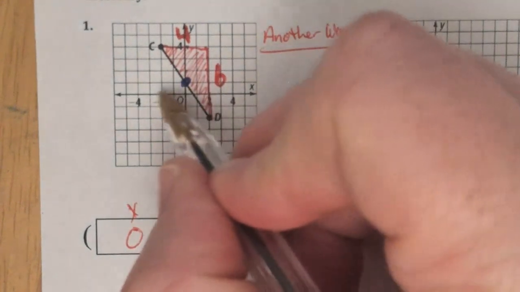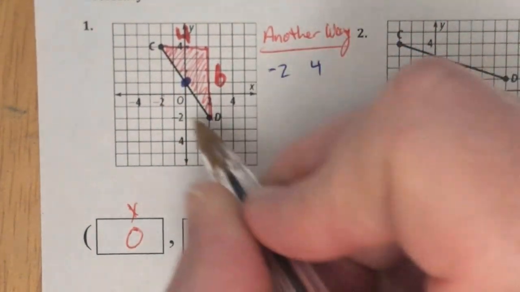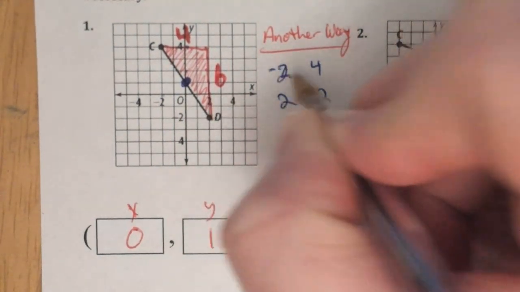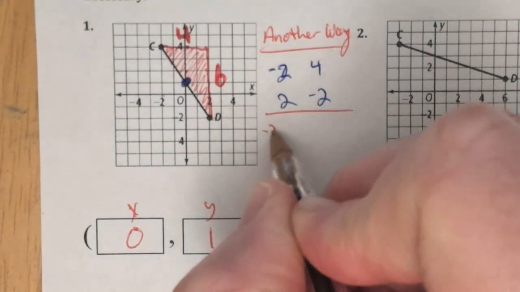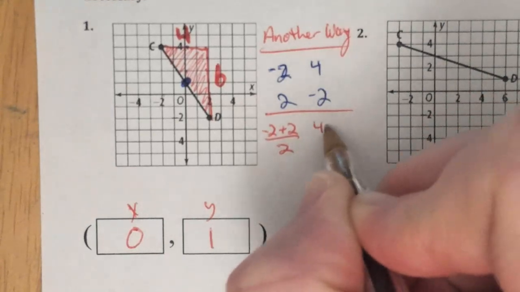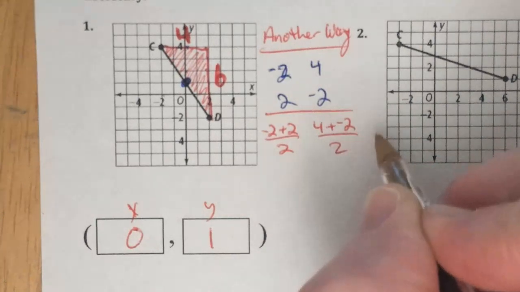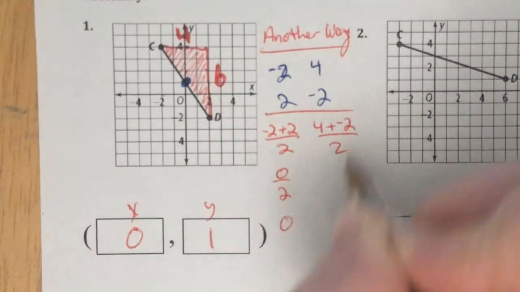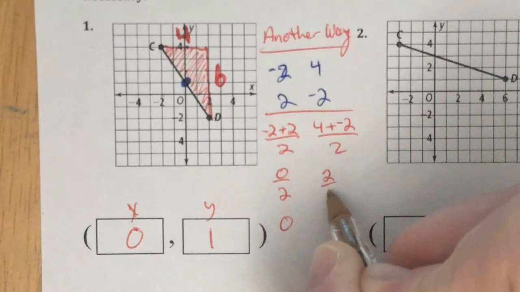Take the 2 coordinates. We got -2, 4, and we have 2, -2. Stack them one on top of the other. So we're going to add these together. -2 plus 2 divided by 2. So we're going to add them together, divide by 2. So 4 plus the -2 over 2. Notice that I do not clean this up. It's just plus the -2. Add the top. We get 0 over 2, which is 0. And over here, we have 4 plus -2. That is 2 over 2,